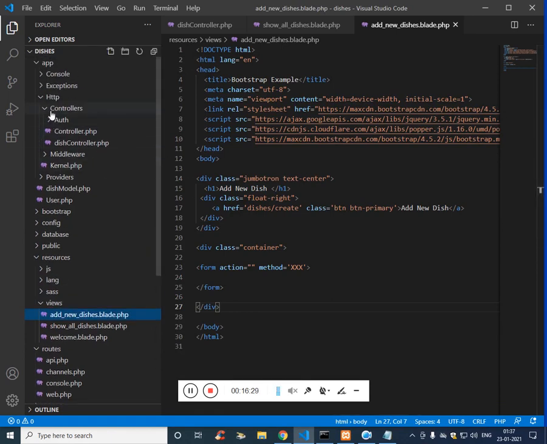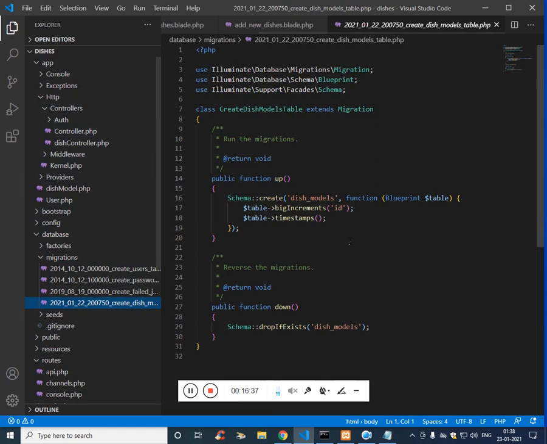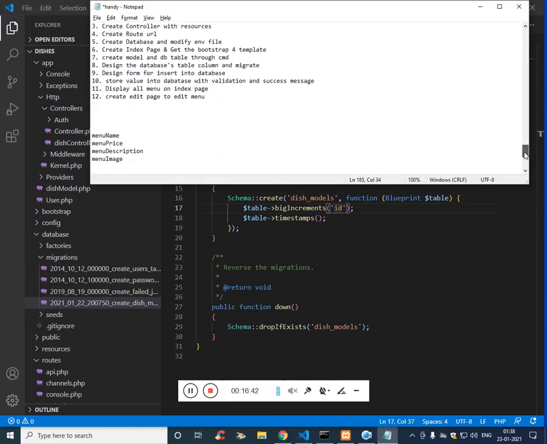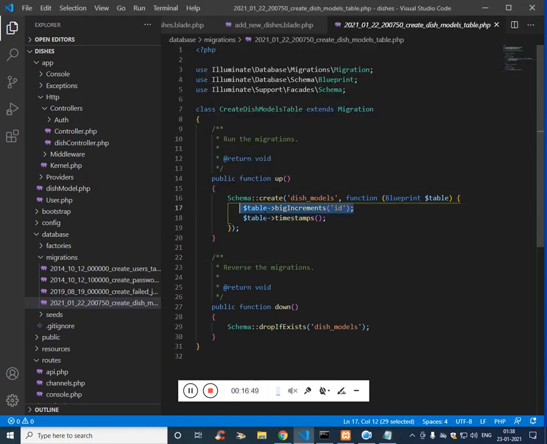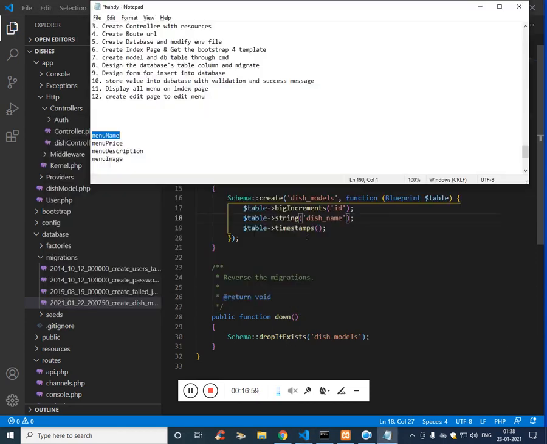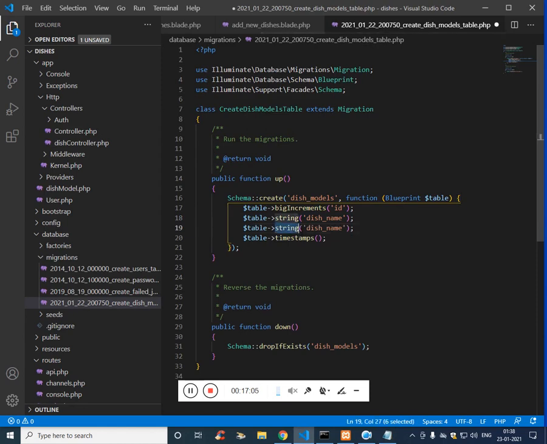Where can we see the migration file? In the database, under migrations. So here create_dishes is available. At present we have id. So what are the columns that we need? Simply we need four columns. The first one is the dish name, dish_name, and it is going to be string. And the second one is going to be the price of the dish,